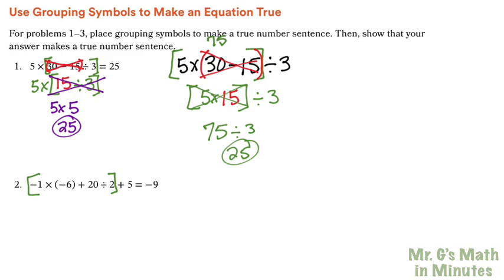So that wouldn't work. If I did negative 6 plus 20, this is the bigger number, so my negative symbol would go away. And even if I did 20 divided by 2, that would give me 10 plus a negative 6. Still, my negative symbol goes away. So with everything that I could do with those brackets like that, my negative symbol goes away and I can't have that. But if I put the bracket this way,